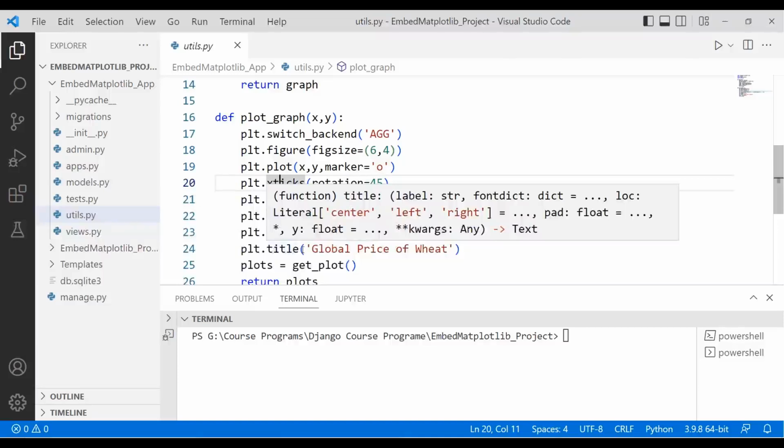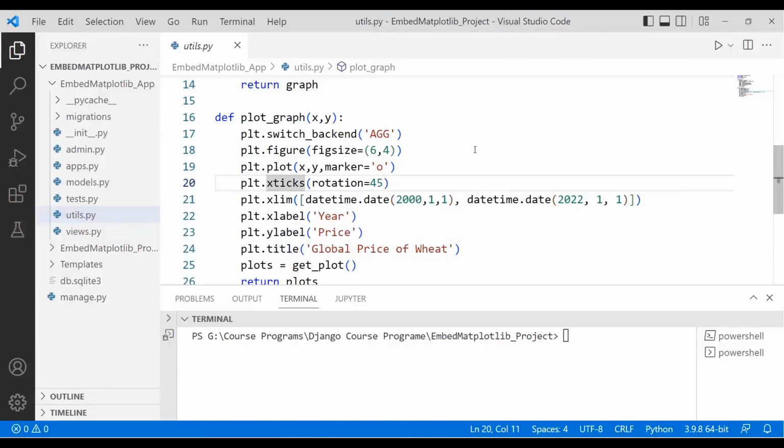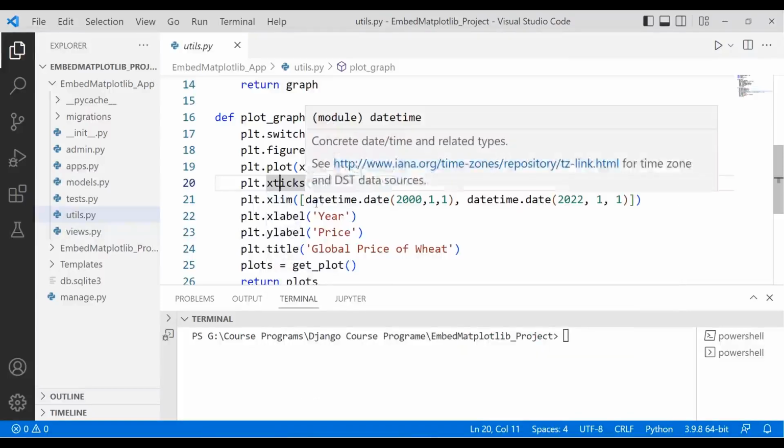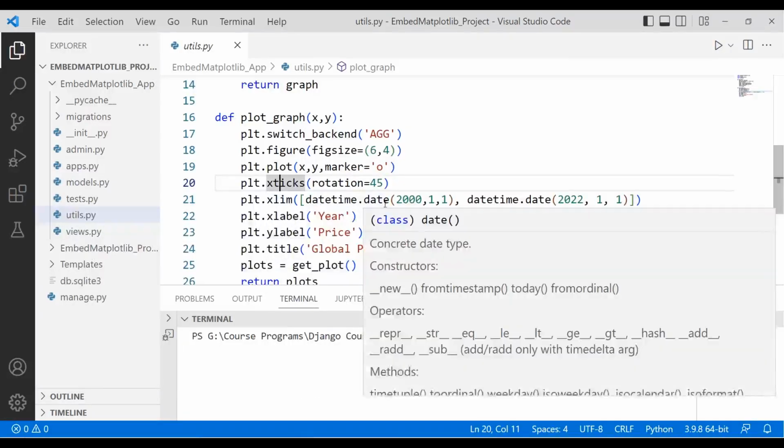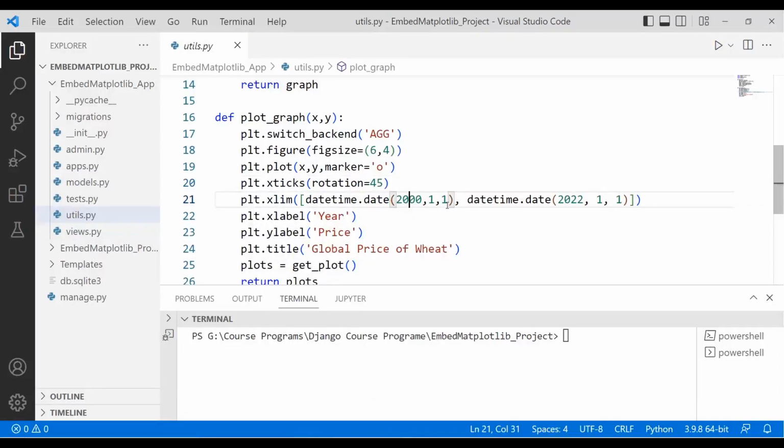Then I want to rotate the x-axis ticks, so I call the xticks method, pass rotation as a keyword argument to it, and set its value to 45. Then I want to change the limit of the x-axis. I call the xlim function. Here I call the datetime.date method, and here I set the date